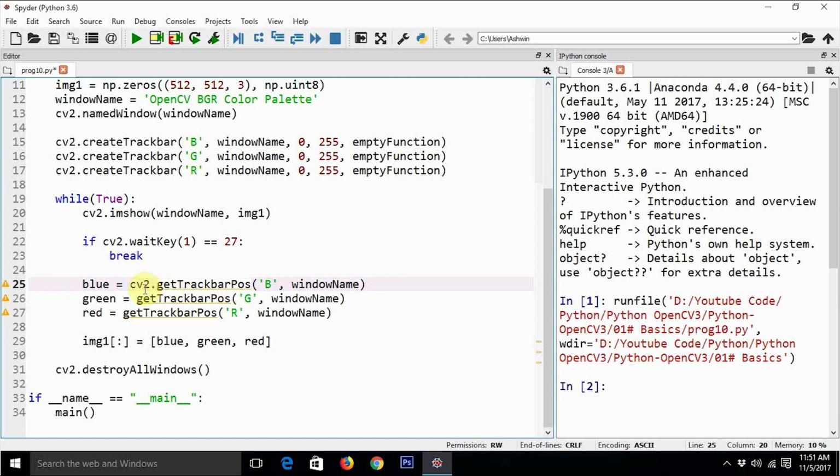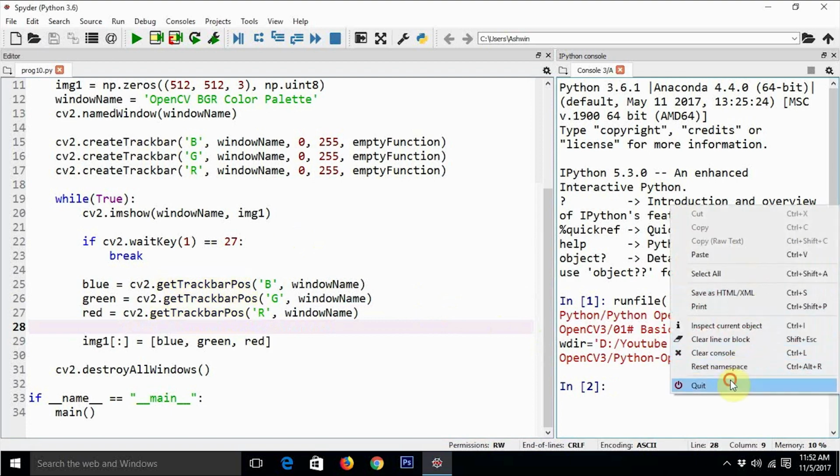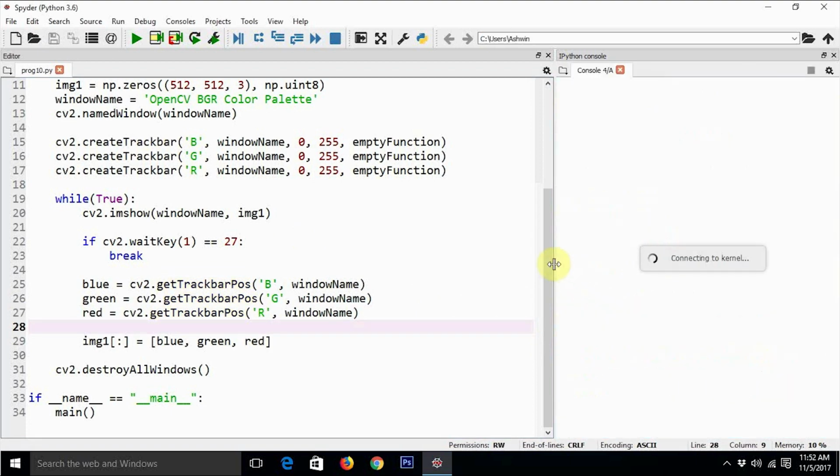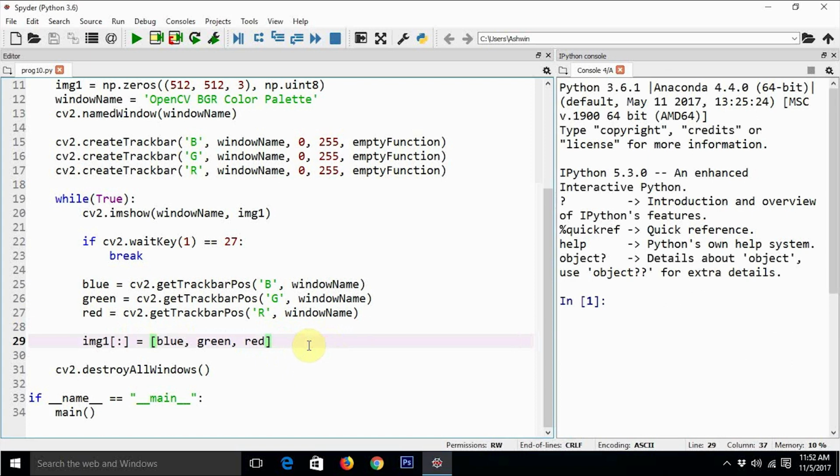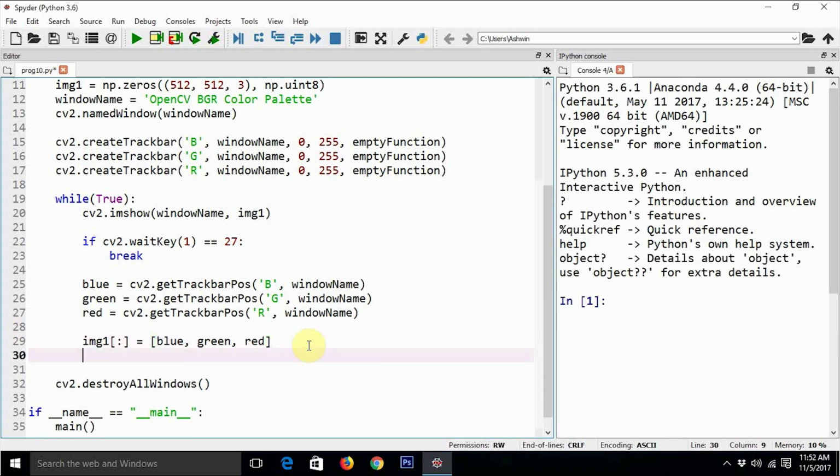I forgot using cv2 because these functions are part of the cv2 library, the OpenCV library. By mistake I had forgotten to use those. So let's restart the prompt. We can also print the values of blue, green, and red for debugging. Yes, we should print. Okay, let's save it, and execute this code and see what the output could be.